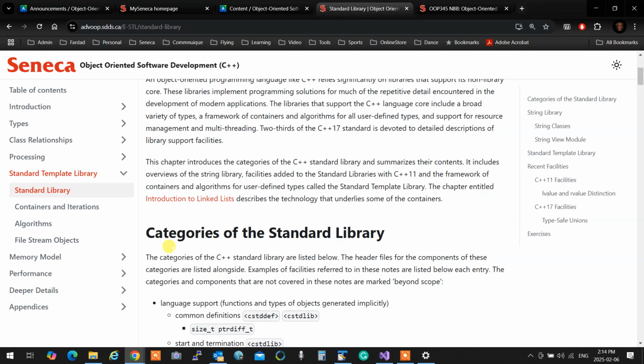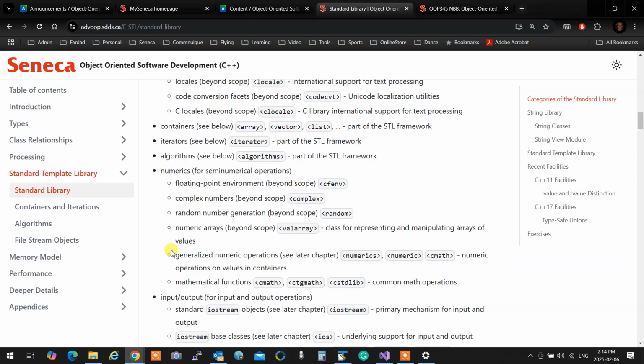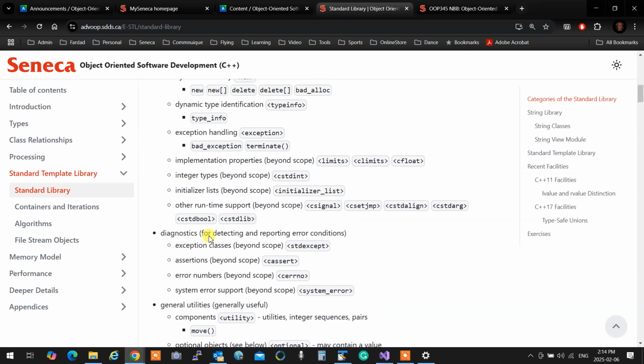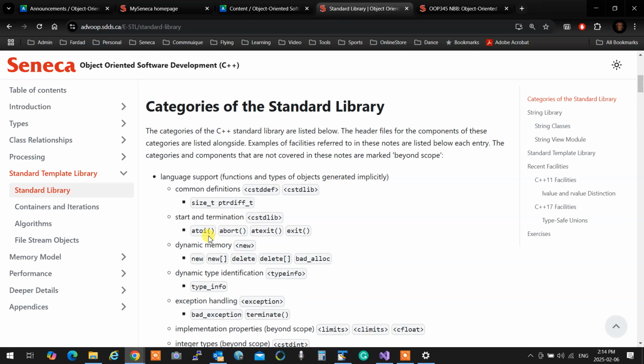So, standard template library, okay? I don't want to go through all of these. This is like a reference, okay? What you see in the notes is a reference that has all the information you need.